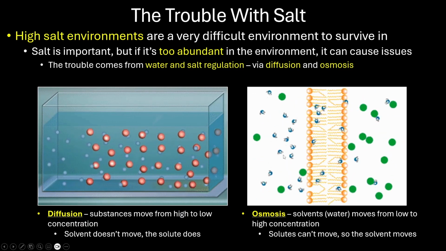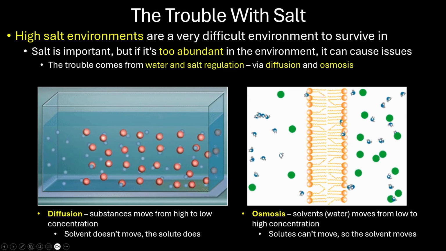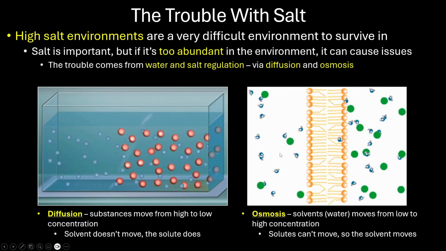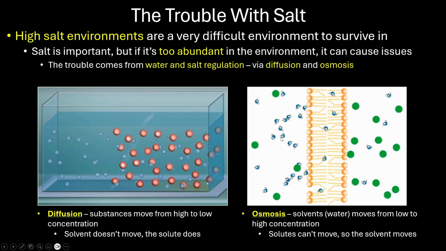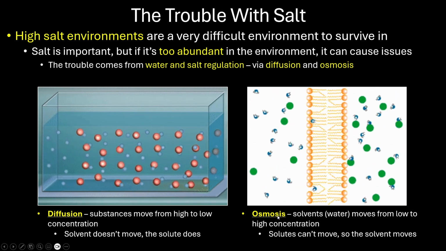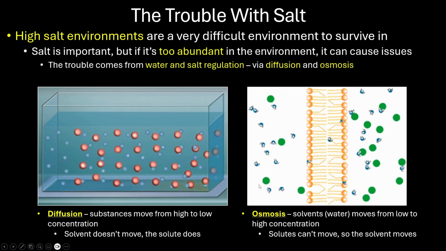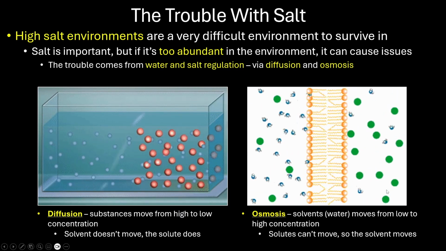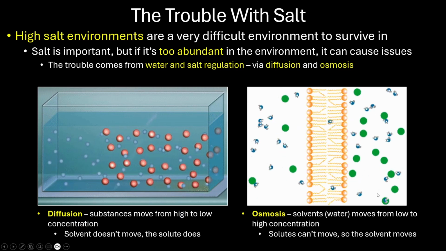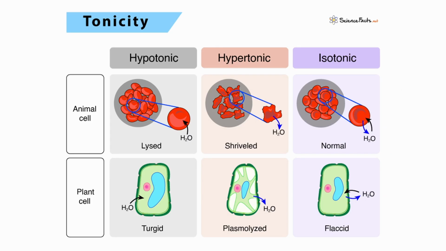And this, again, is all just to equalize the concentration of the thing that is dissolved in the solution, the solute, we call it. So osmosis, again, is when the solvent, the water in this case, moves from low concentration to high concentration, trying to make those two concentrations equal on either side of the membrane. That was very long-winded, but the impact of this is important, okay?